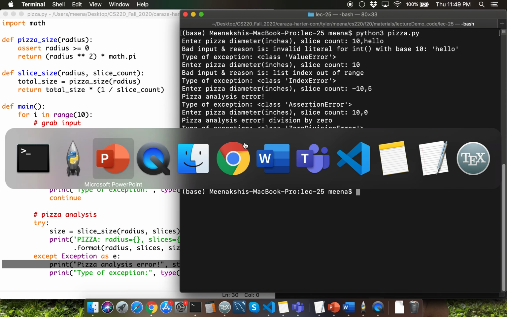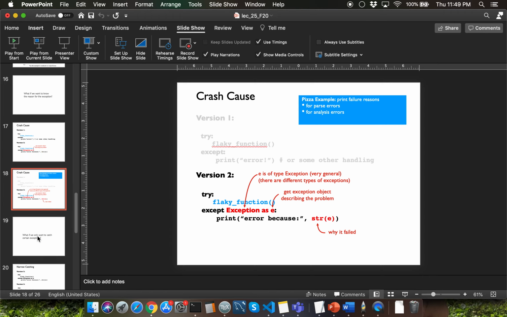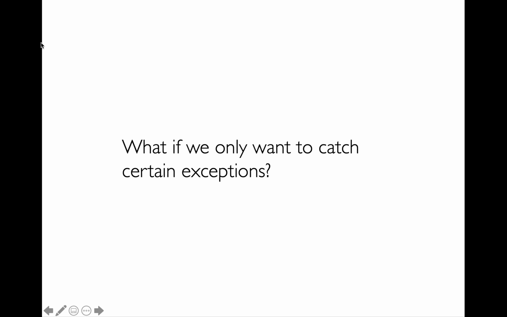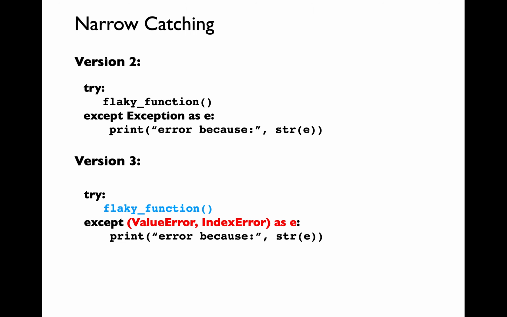All right, let me go back to my slide deck, and let me talk about how we can catch specific exceptions instead of catching the blanket exception type. We use the syntax except exception as E to capture a lot of error messages, but that's not really a good idea. What you should do instead is catch specific exceptions.